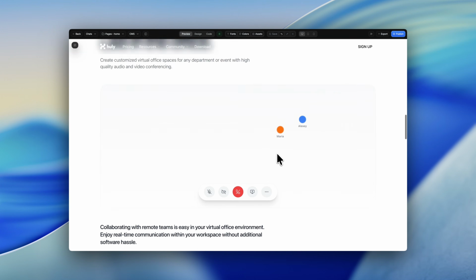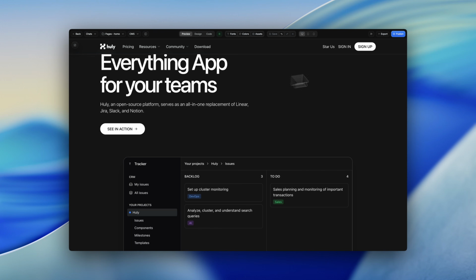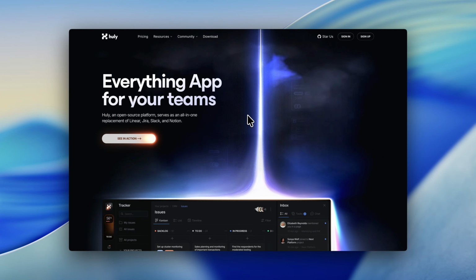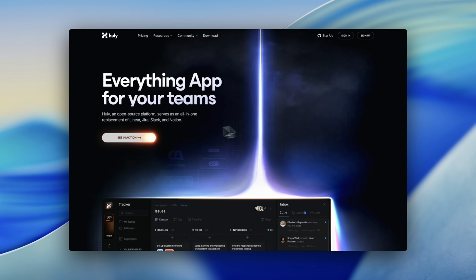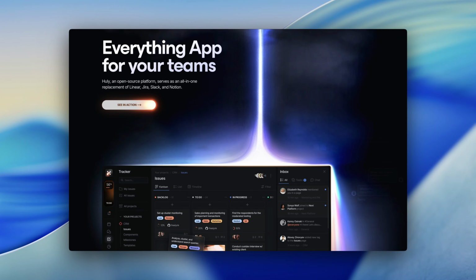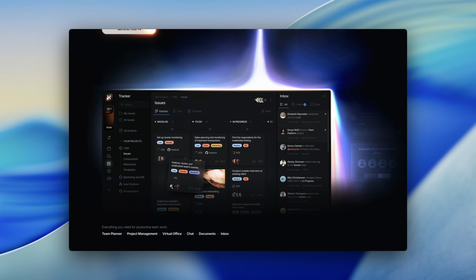Now that the global style is fixed, we can move to the real pro workflow. So I'm going to start with the hero section first. Okay, now I'm going to take a screenshot of the hero section from the original website. But instead of capturing everything, I will focus only on the dashboard because the header and the text content are already fine. What we're missing is the visual quality and the detail inside the dashboard. So I will take the screenshot,